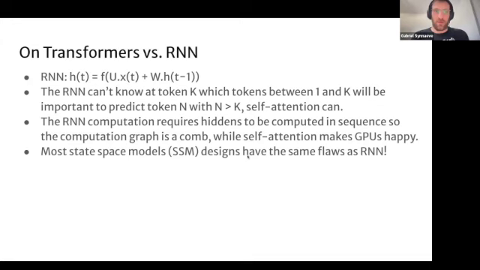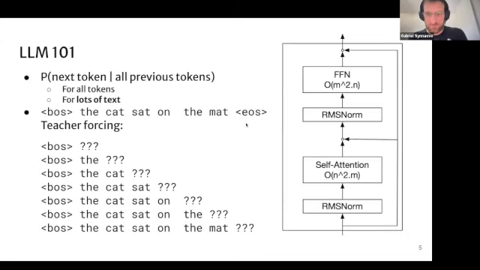Okay. Now, also, so that we're on the same page, basically this is how we design and how we train most LLMs that I'm going to talk about in the rest of the talk. Usually the baseline is we train them with teacher forcing on next token prediction. So you basically model the probability of the next token knowing all the previous tokens. You do that for all tokens and for a lot of text. And you do that with teacher forcing.